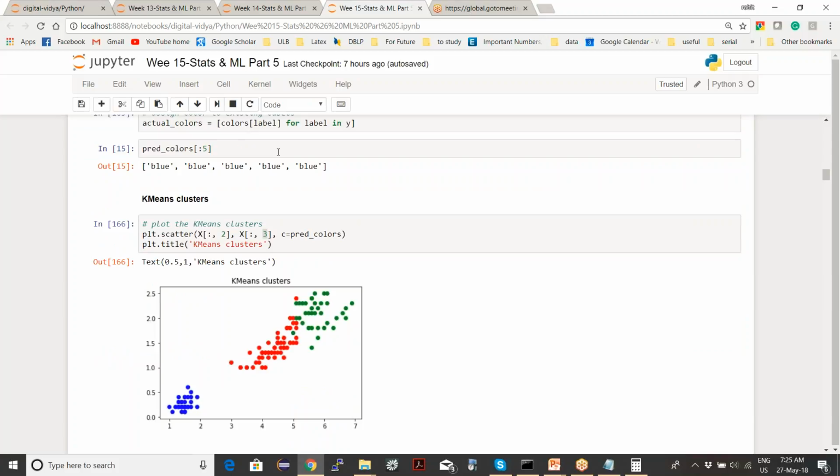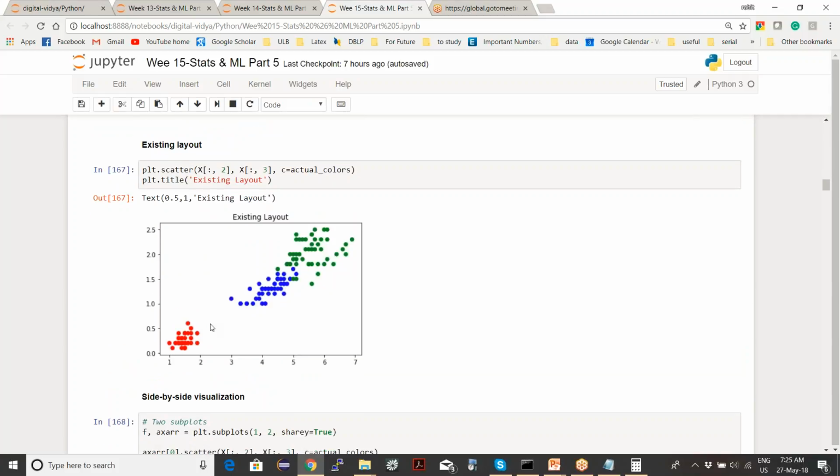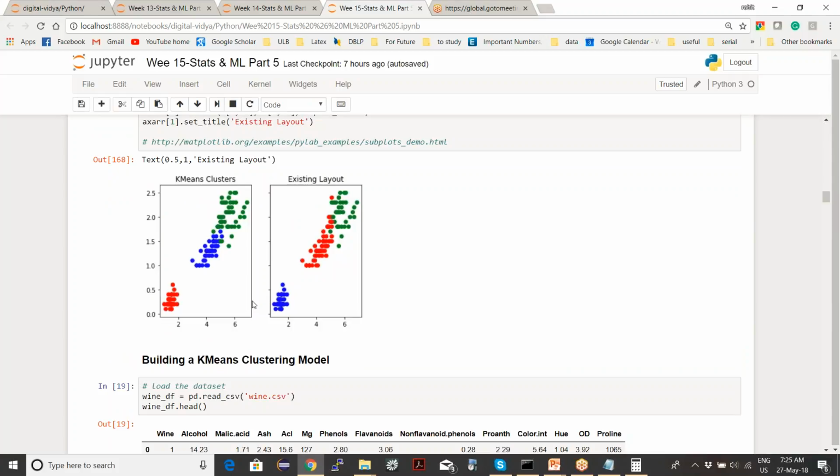So when you do k-means clustering, it's unsupervised learning. You don't know if this is Setosa or something else. You just know this is one group. Just for visualization, I'm using the colors, because I cannot note 0, 0, 0 and 1, 1, 1 here.